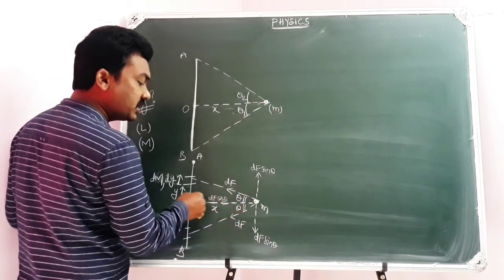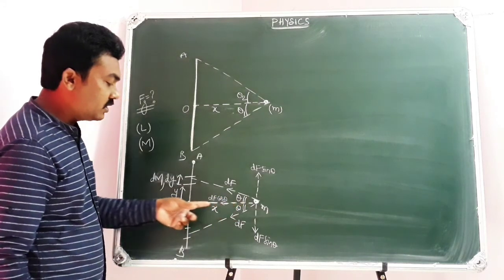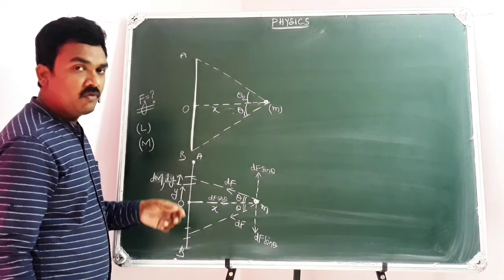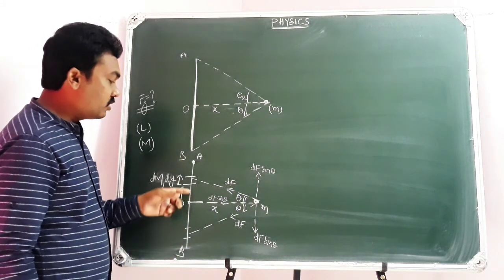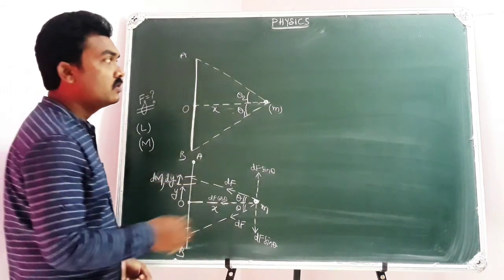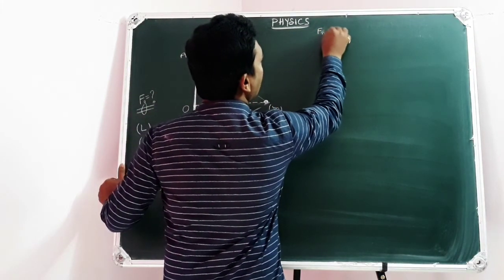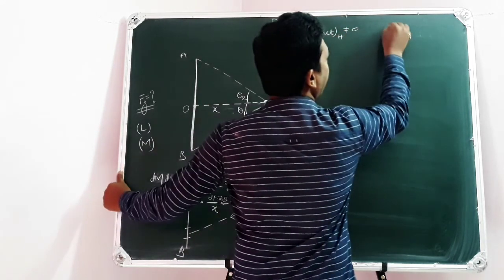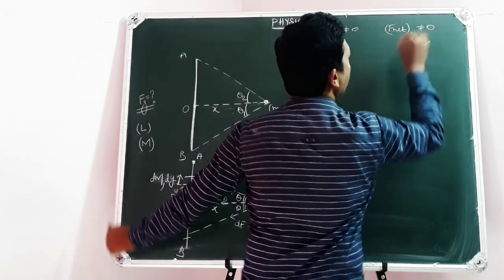In the horizontal direction, there is no question of cancelling, because due to this dF, cos theta is towards the rod, and due to this dF also, dF cos theta is towards the rod. If I wish to calculate the force of gravitation due to the entire rod, I have to take similar elements and integrate all the dF cos theta. So finally my point is, a net horizontal force exists which is not equal to 0, and a net vertical force will exist on the point mass which is not equal to 0.